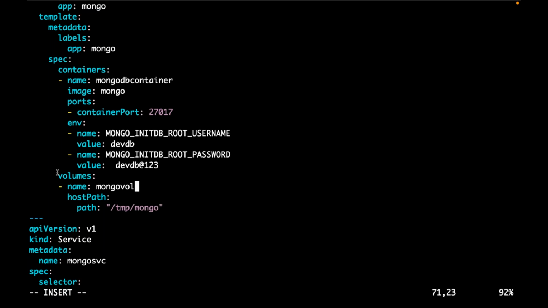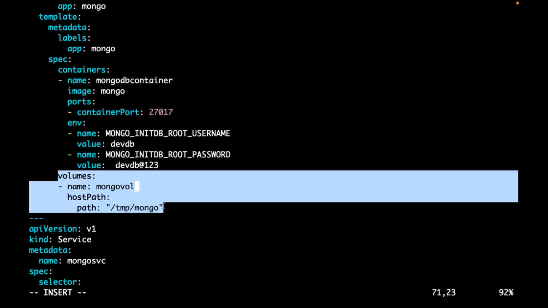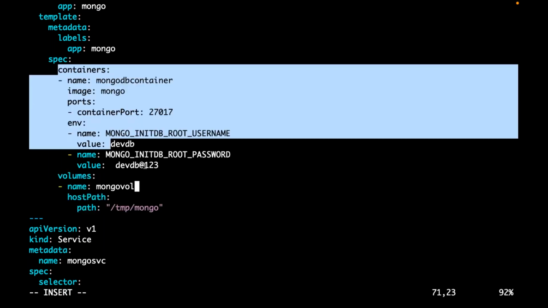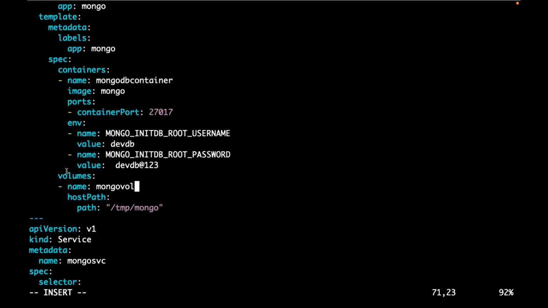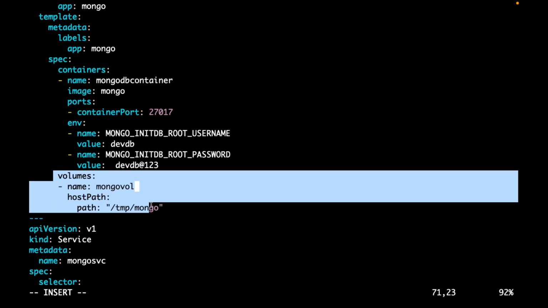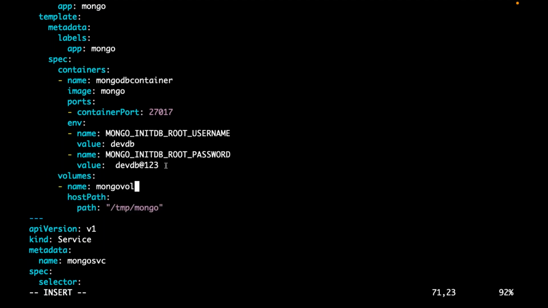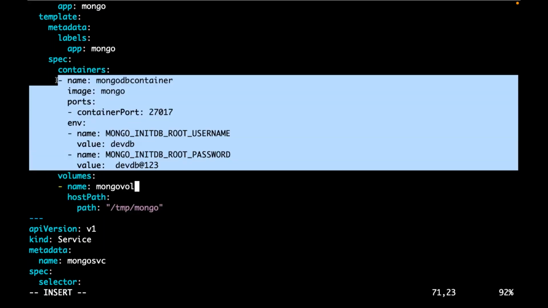Now, I'm just attaching volumes to my pod, but am I really using these volumes with my containers within that pod? I'm just attaching, but did I mount? Did I actually use the volume as of now in my containers?